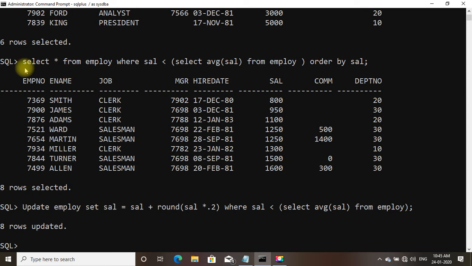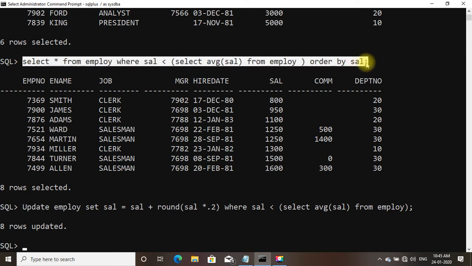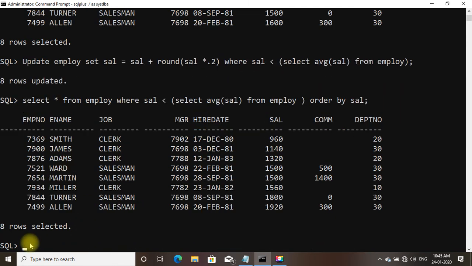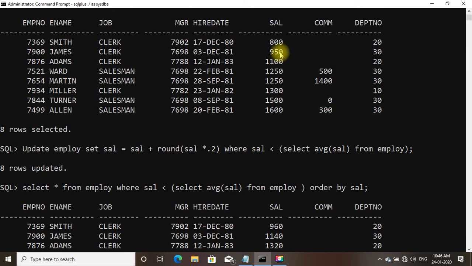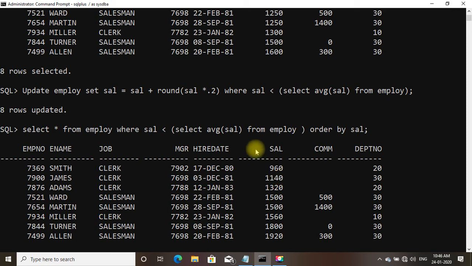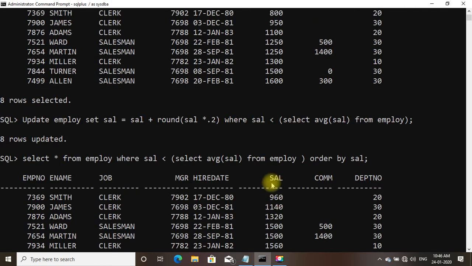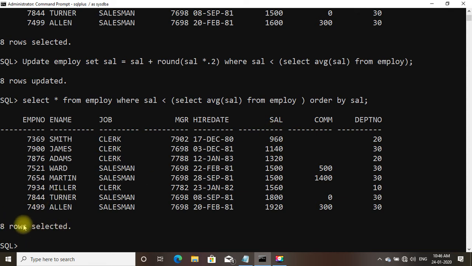Now if we do the select query once again, we can see that the salary 950 is now showing 1150, and 800 is now showing 960. So salary has increased, and these 8 rows are updated.